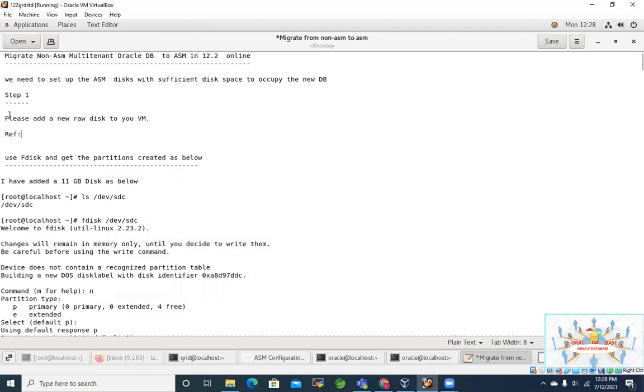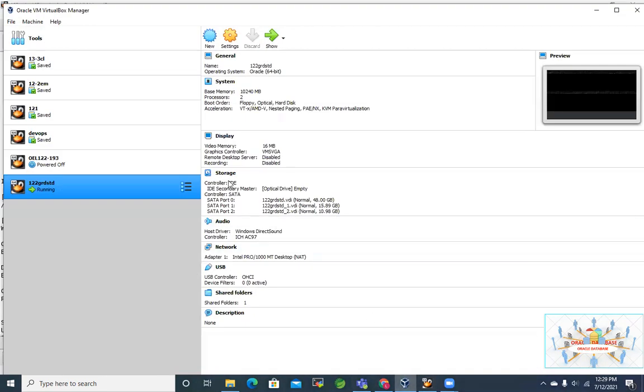So step 1, please add a raw disk to your VM. I'm not going to go through that in detail, because it's step 2 that you already know, and I will give the reference here for you when I upload this document, because I demonstrated in the previous practical how to do it. It's pretty simple. You have to go here, and in the storage, you have to add the